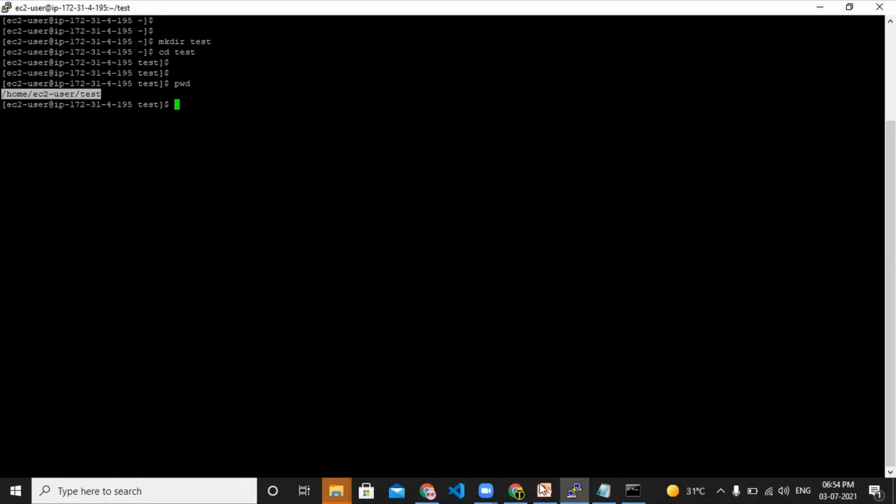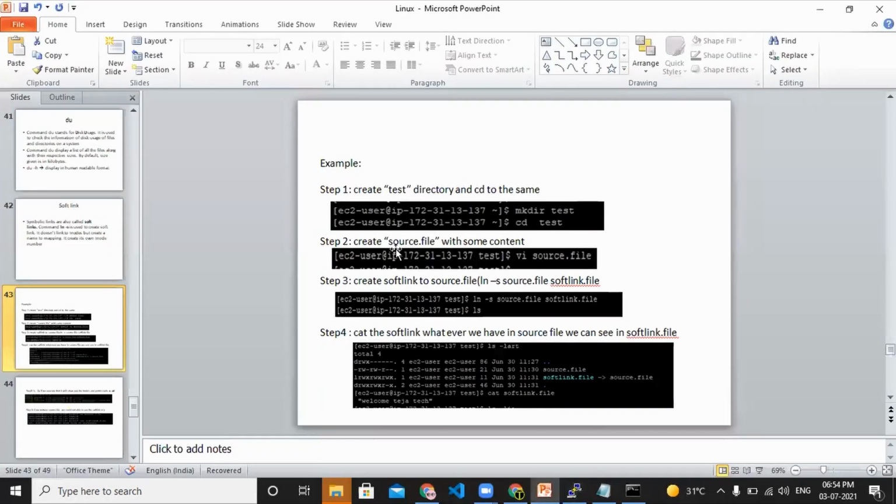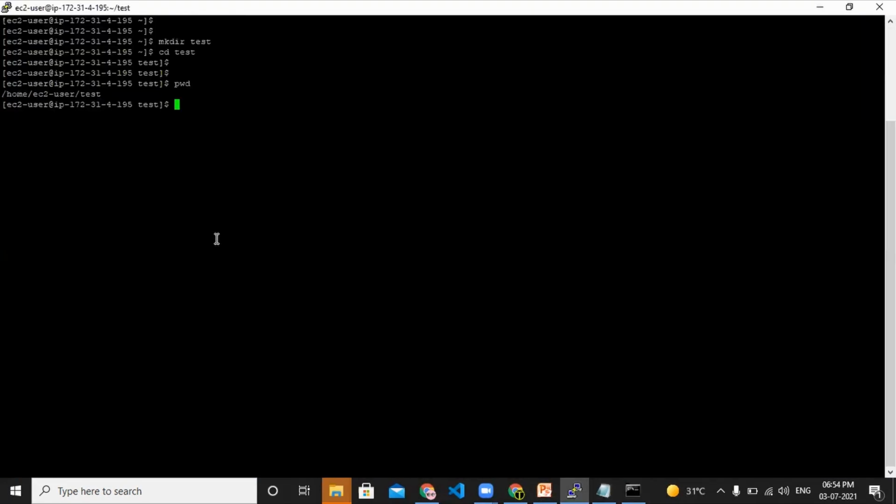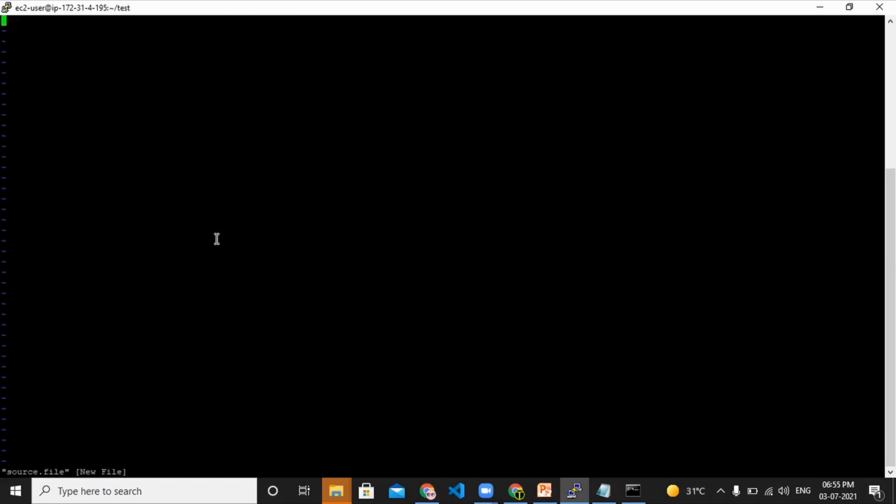So what is the next step here? We have created one directory, and then we have to create one file called source.file with some content. We'll try to create it. We name it source.file. I'm in insert mode, I'll say hello.